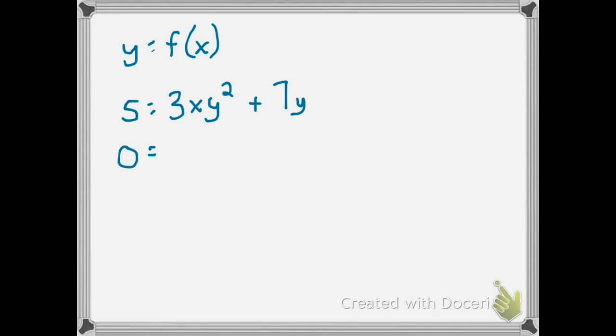I know y is a function of x, so really this needs product rule because I have x times a function of x. So for my first step of the product rule, I'm going to take the derivative of x and leave y squared alone. So I'll have 3y squared, and then plus, now 3x stays here, and then taking the derivative of y squared